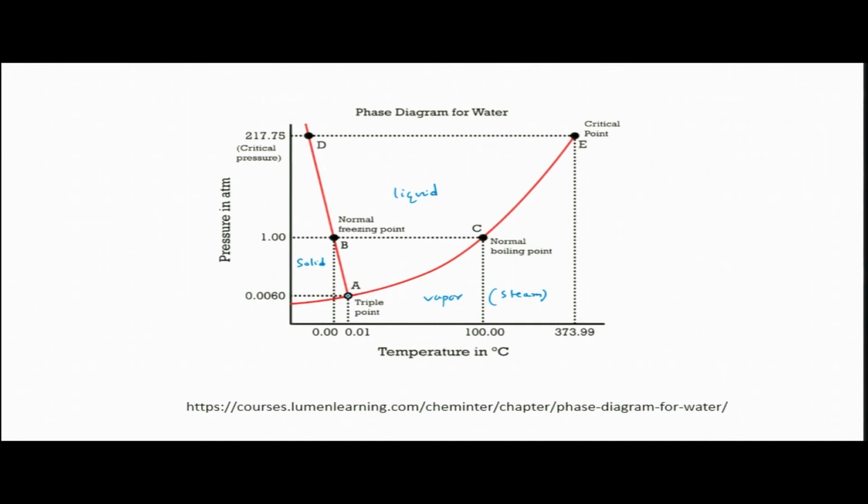Now, if we try to look at our normal freezing point, we have to look at 1 atmosphere pressure. So, this is 1 atmosphere pressure, and at that 1 atmosphere pressure you just draw a parallel line to the temperature axis. So, this parallel line has been drawn, and wherever it cuts the equilibrium line between solid and liquid, that is basically the normal freezing point, or we can say melting point. Remember, this is thermodynamic melting point.